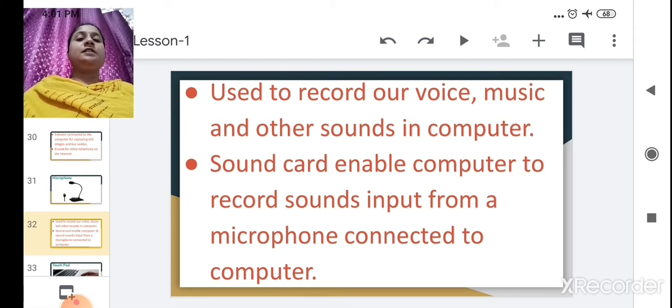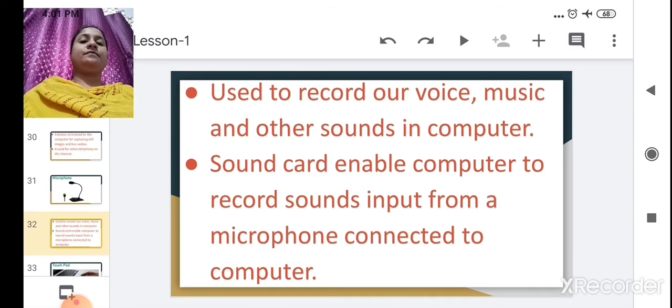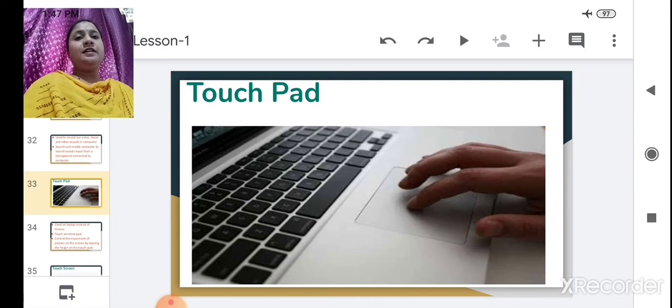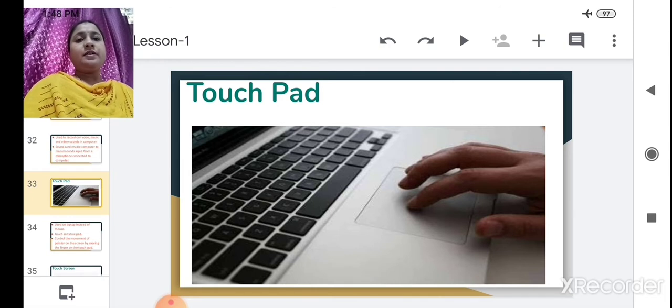Okay, now we will see the next input device, the touchpad. Tell me where you have seen this touchpad. Yes, it is in a laptop. This touchpad is inbuilt in a laptop. What is the use of this touchpad? When you move your finger on this touchpad, the pointer will move on the screen.